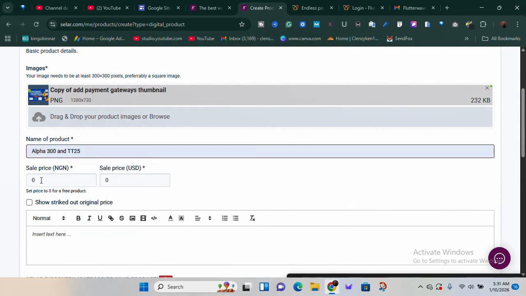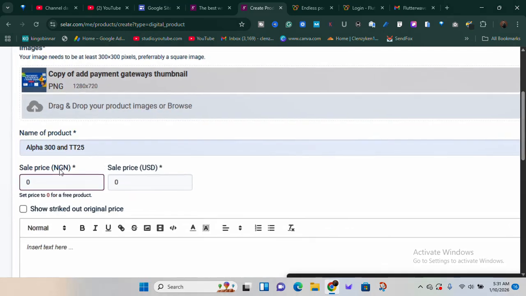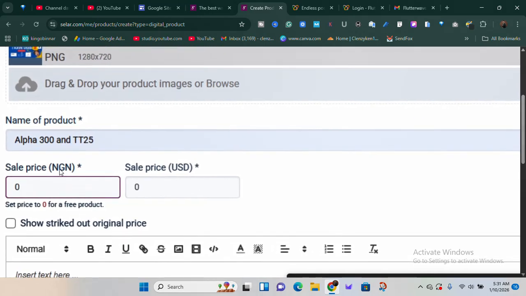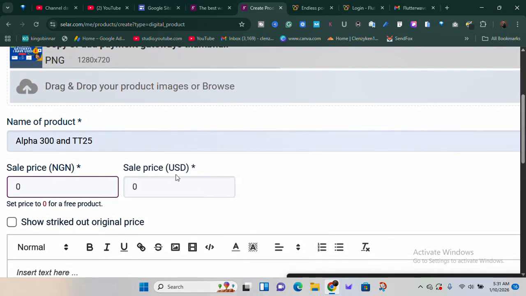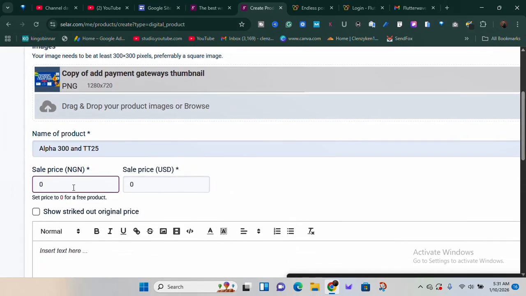After the name, enter the sales price. In my case, I have dual currency, NGN and USD. Depending on the one you want to use, make sure you enter it here. If you're using other currencies, there's no need to include any other currency, so just enter the price here. I'm going to use USD, so I can say this is for $100. If you also want to enter a specific NGN amount, you can,